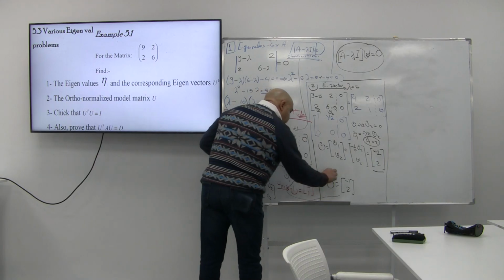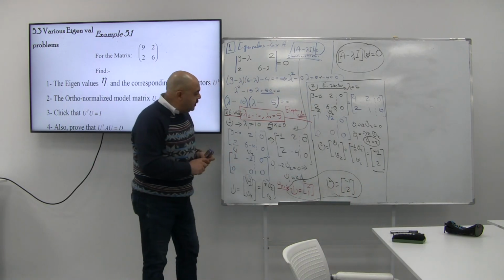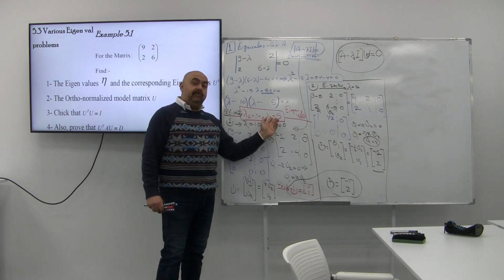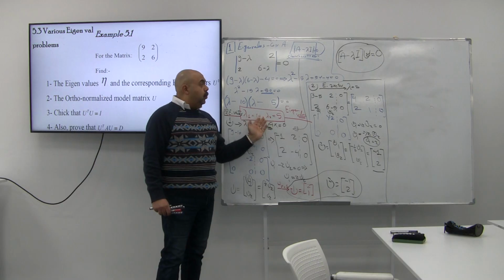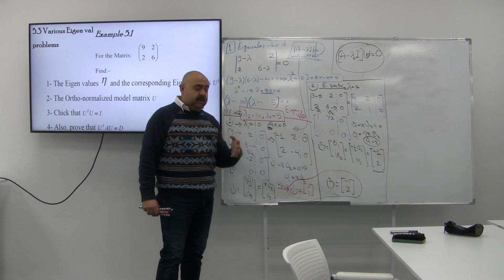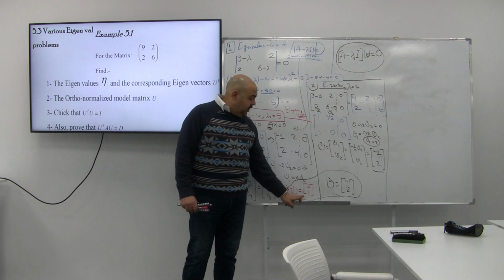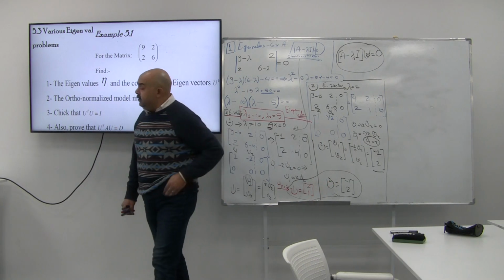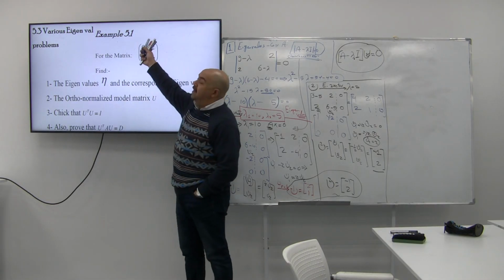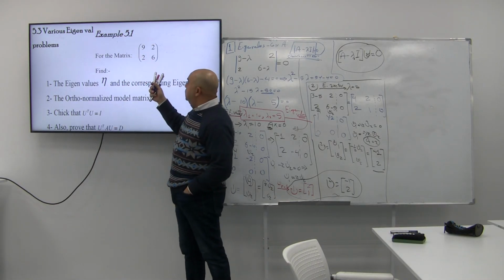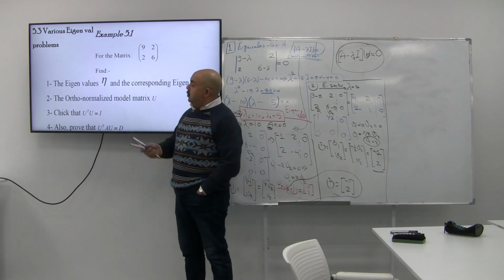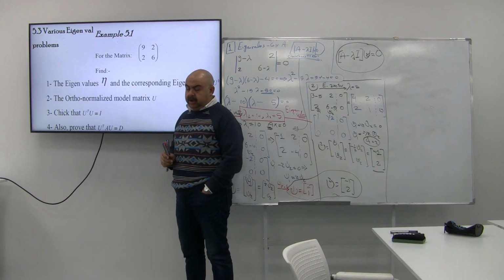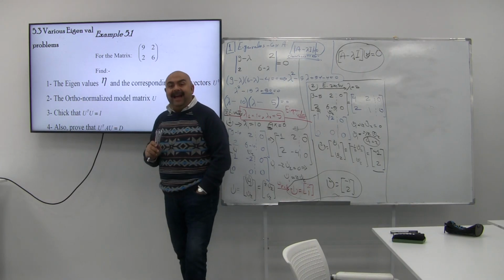Now I want you to remark that we have evaluated two eigenvalues, lambda 1 equal to 10, lambda 2 equal to 5. Corresponding to each one of these lambdas, we succeeded in evaluating the first eigenvector and the second eigenvector. A small remark about this point: since you are dealing with a symmetric matrix, if you look at this matrix, you will find a symmetric matrix. You have the principal diagonal, and the two elements on the side for the secondary diagonal are similar to each other. In such a case, you will have